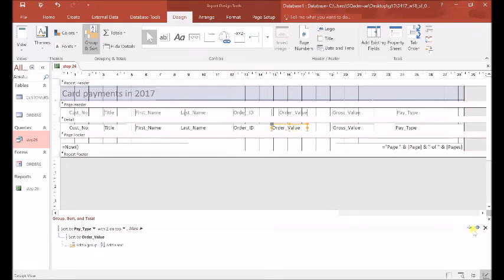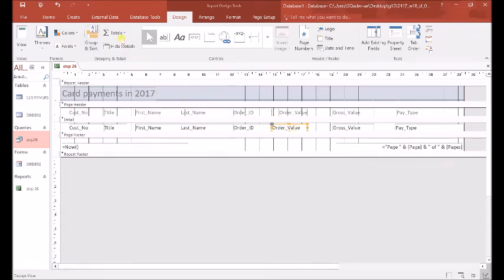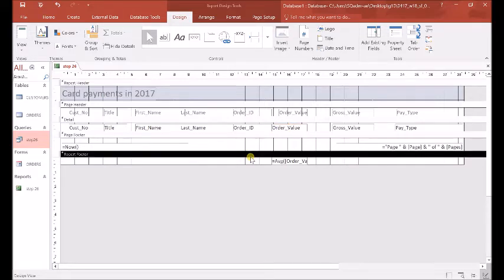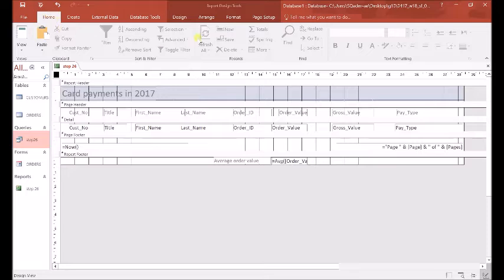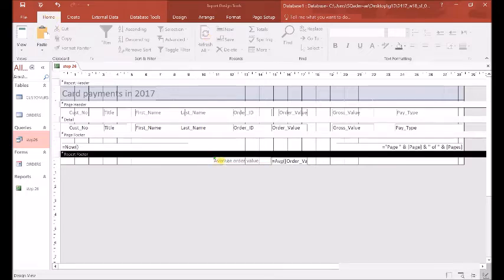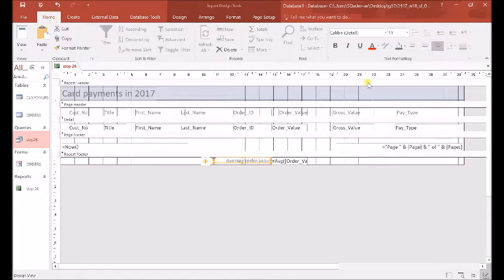Click on order value and here from totals get average. As you see, it is in the report footer. Please be careful. It should be in the report footer, not in the page footer. And click on label to make a label for this value, which is average order value. Okay. Save and